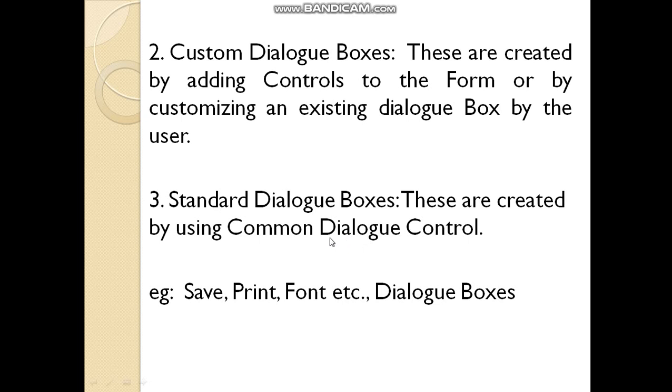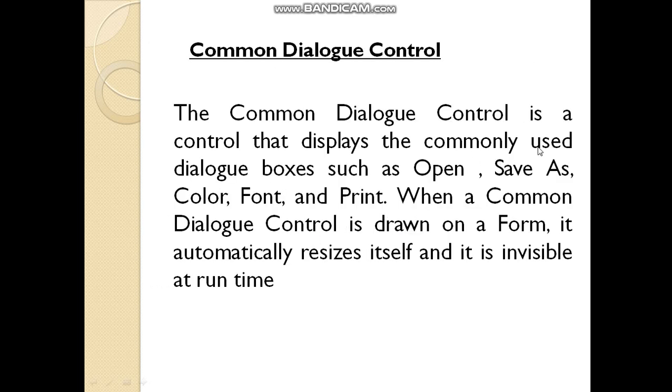Common dialog control is a control that displays the commonly used dialog boxes such as open, save, color, font, print, etc. When a common dialog control is drawn on a form, it automatically resizes itself and it is invisible at runtime. So what is the use of a common dialog control?